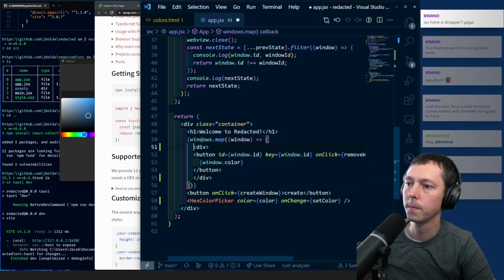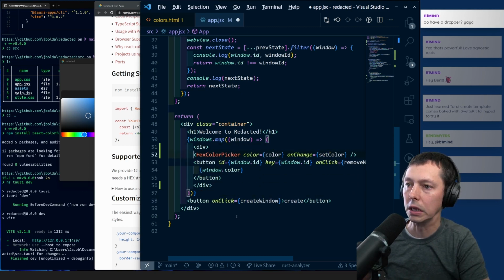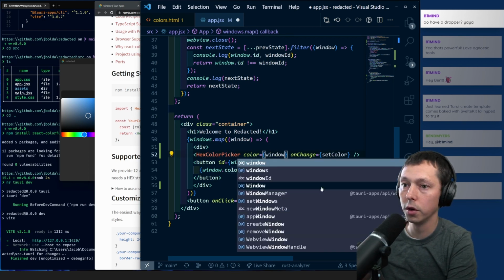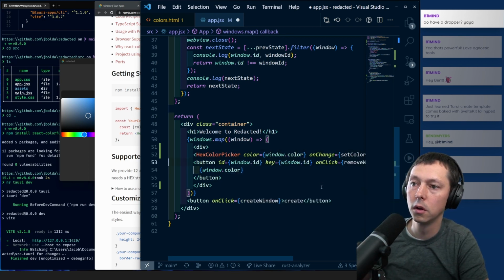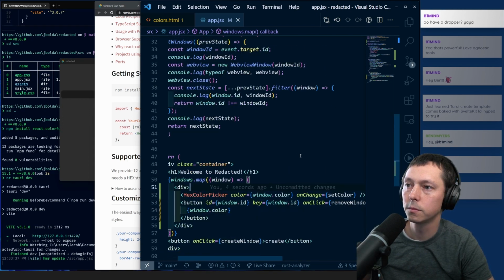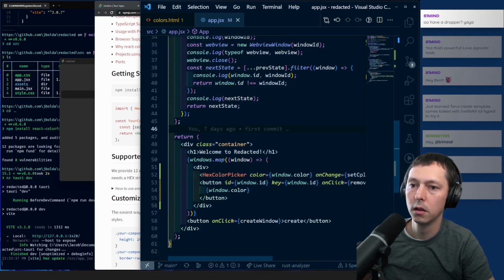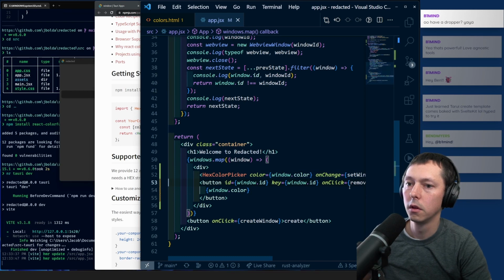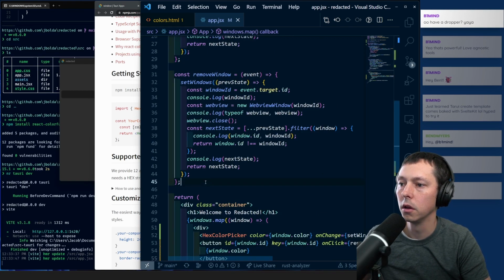Close. We're gonna throw our color picker directly in there. This is going to end up being window.color. And on change, we need to then set that. So we'll say set window color. And